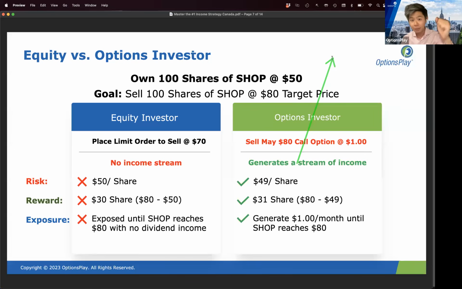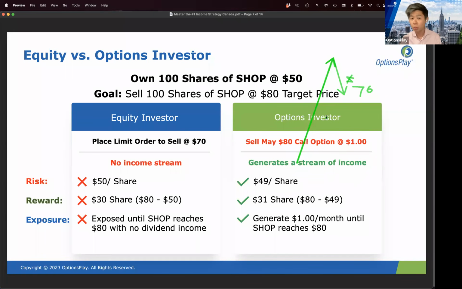Limit orders get filled immediately. Covered calls need the stock to be at or above that price at expiration date in order for the stock to be called away. So what you could have is a stock reaching, let's say, $81, and then a few days later declining to $76. By the time options expiration comes around, the stock's below 80, you've kept your stock, but you haven't sold it at $80. But the limit order would have sold the stock at $80 and taken profits. So that is one very distinct difference.